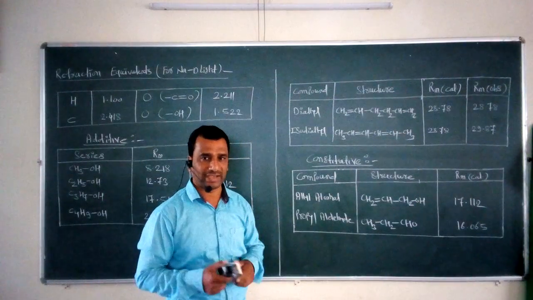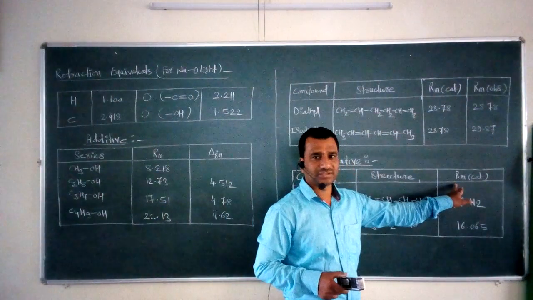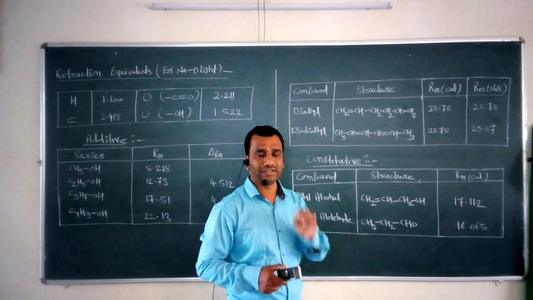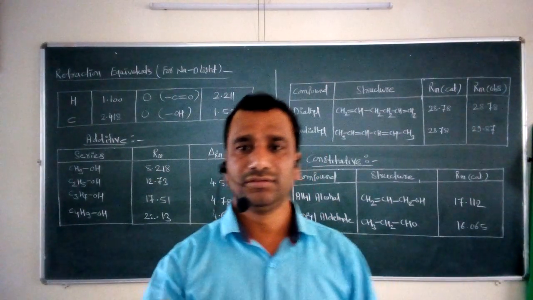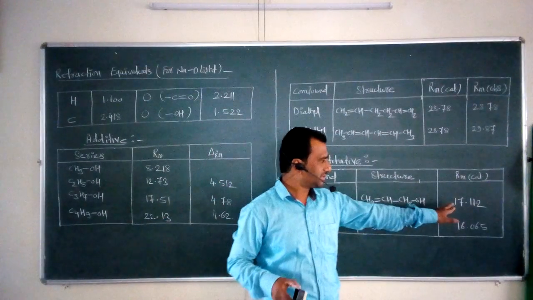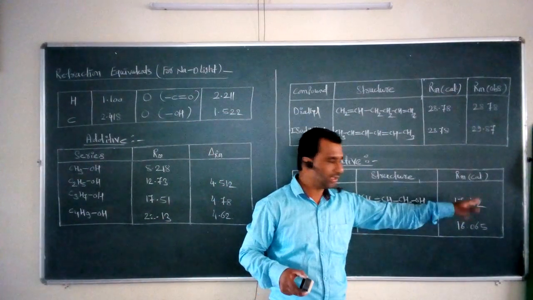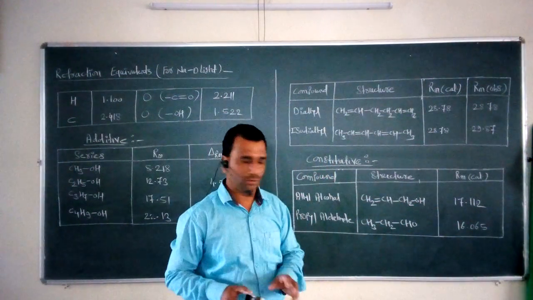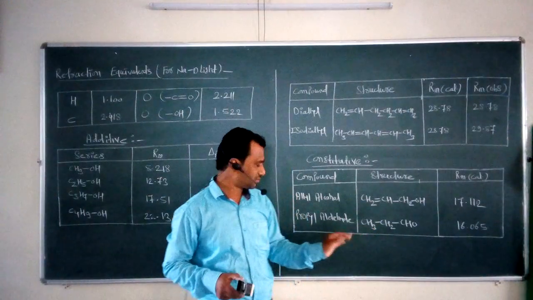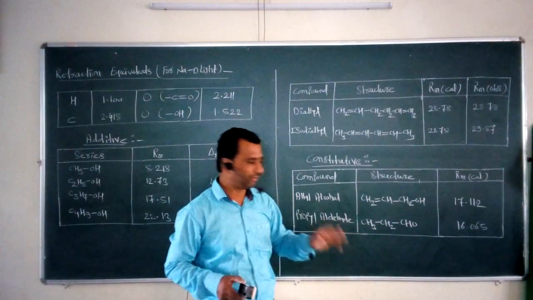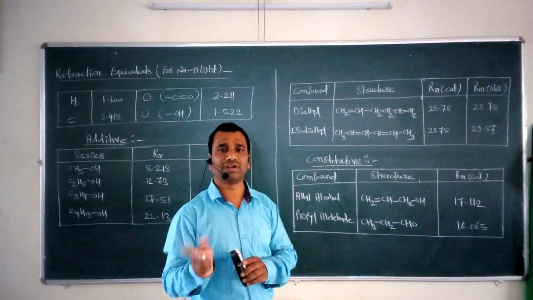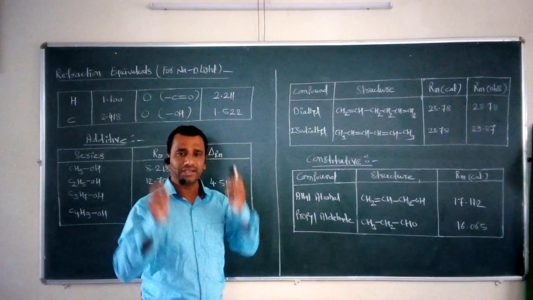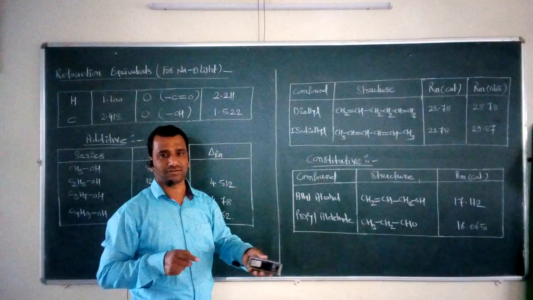So what is that magnitude? For the first compound, that is the allyl alcohol, the refraction value is 17.112. And for the second compound, that is called the propylaldehyde, the value is equal to 16.065. Now if we look towards the last column, that is the magnitude of this molar refraction, the magnitude